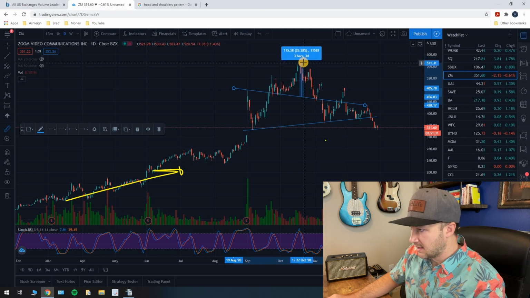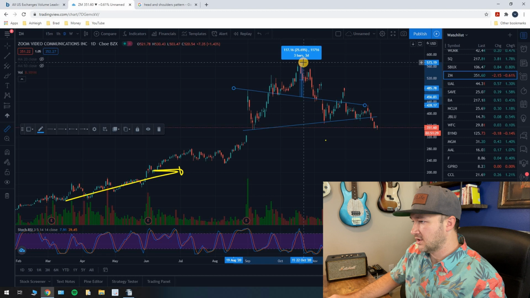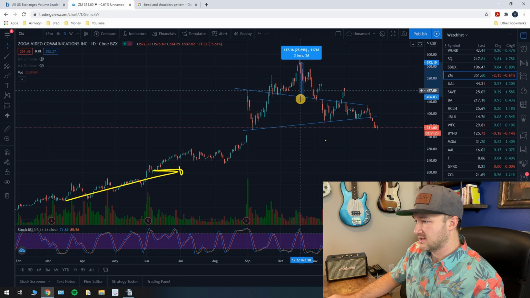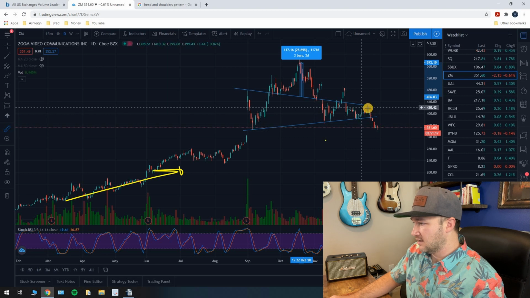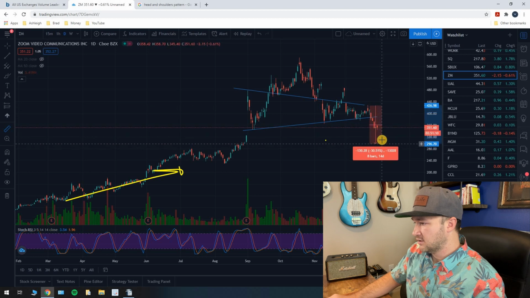I'm gonna go to the top of the candle, not the top of the wick. I try to be a little bit conservative with these things. So I'm gonna go with $117 of price action between the neckline and the head, 117. Okay, so we are going to take our ruler and right where we kissed the neckline right here, that's where we start our $117 drop. So we come to, if I can get it to sit on 117, it's pretty tough,